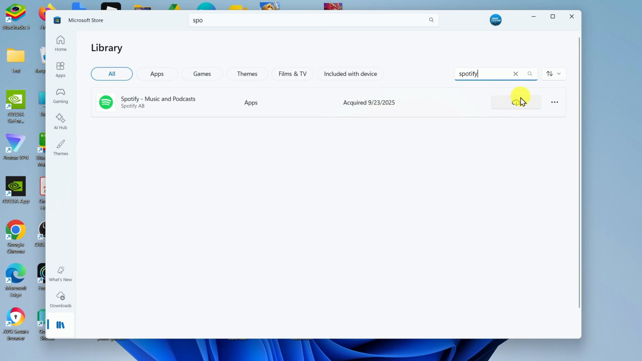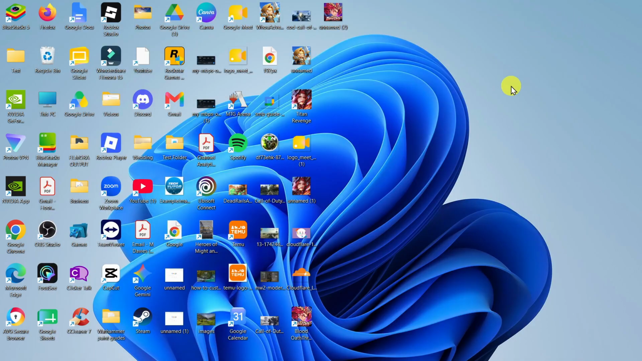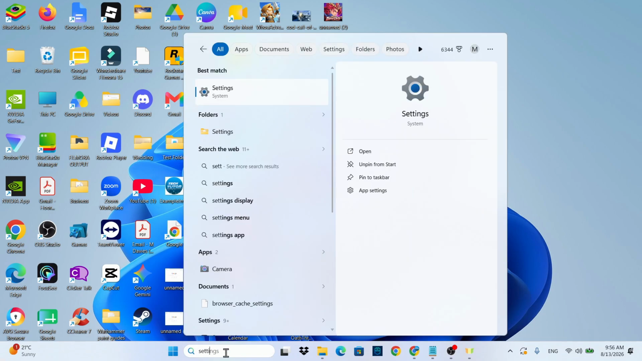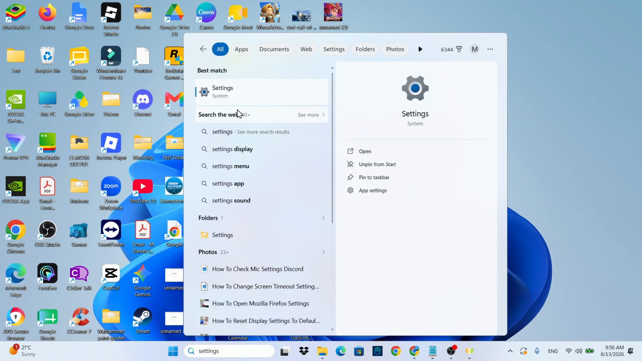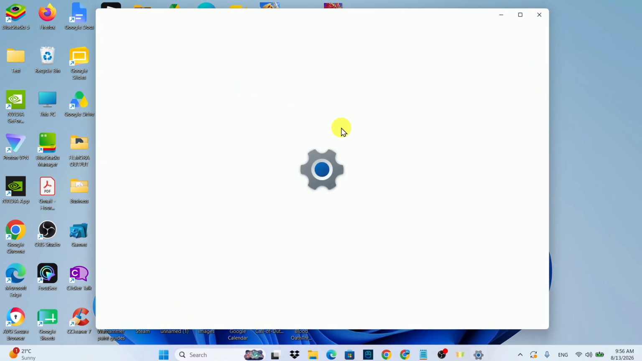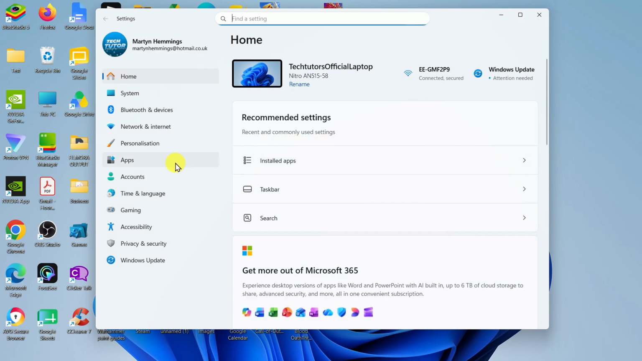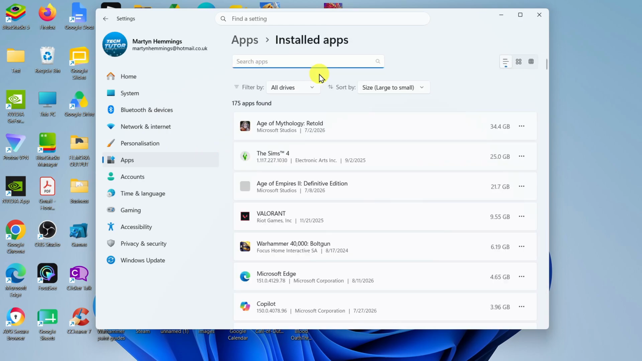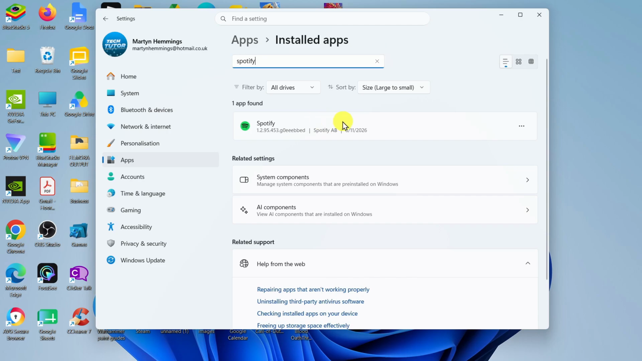Now, if that's not showing or it's not working for you, another way to do this is from your desktop. If you come down to your search box, this time you want to type settings and then open up your settings underneath Best Match. Once you're in your settings, come over to the menu on the left and click onto apps. And then what you want to do is click onto installed apps. From here, you can again use the search box at the top and type Spotify. And once it comes up, you want to come to the right, click onto the three dots and fully uninstall